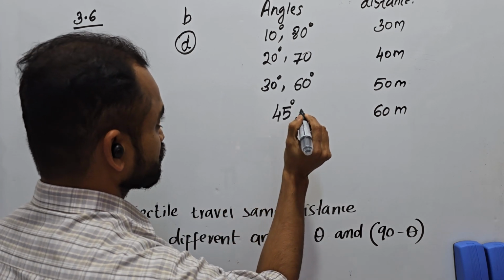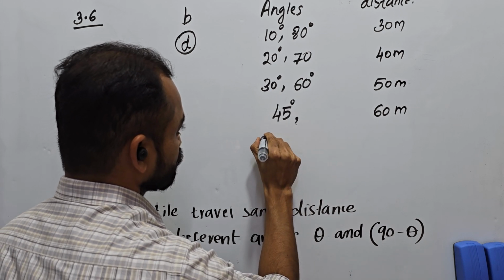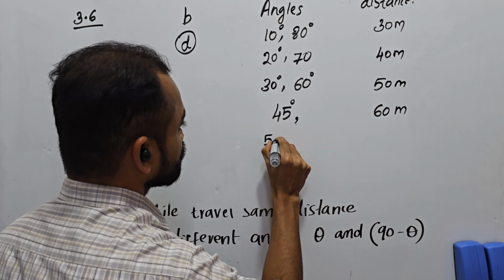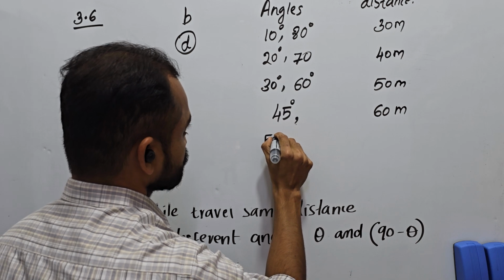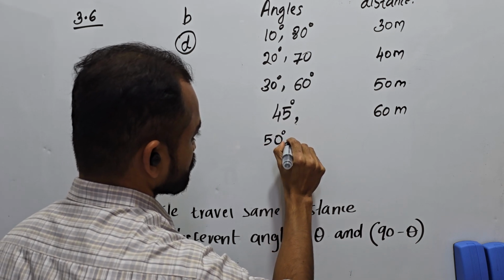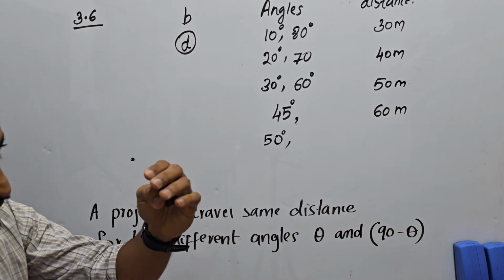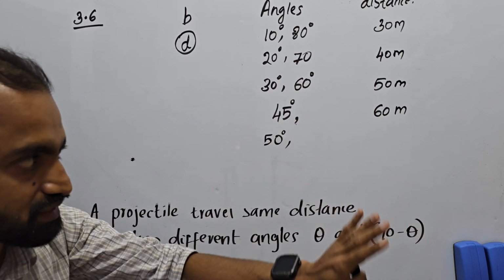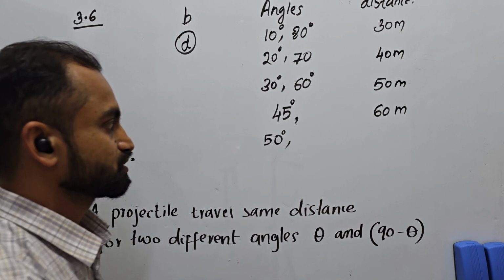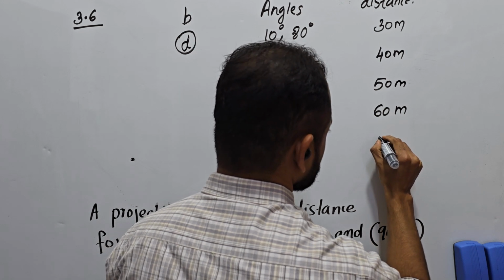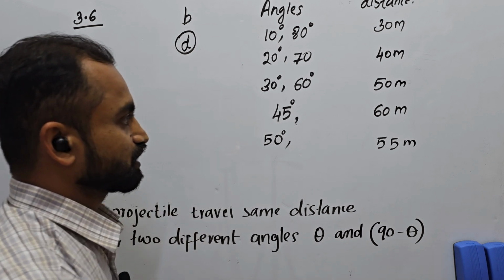The next day you are throwing at an angle of 50 degrees. Okay, 50 degrees. Will the projectile travel a distance more than 60 or less than 60? Less than 60, right? So here I will write 55 meters. How much less? Because